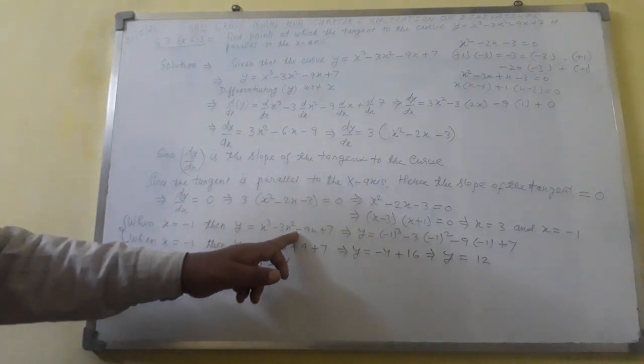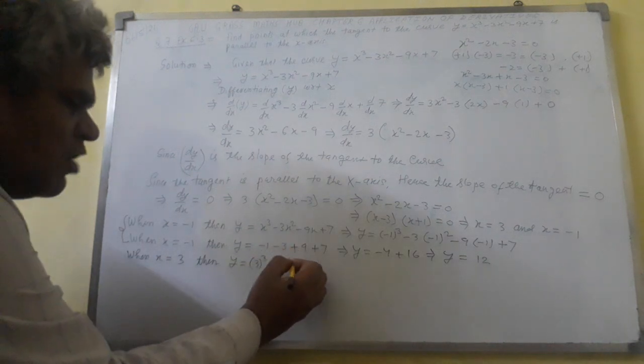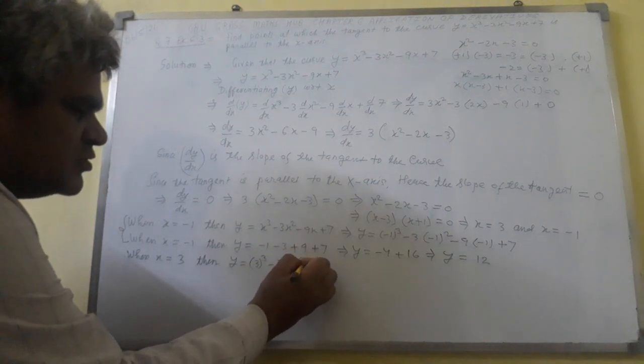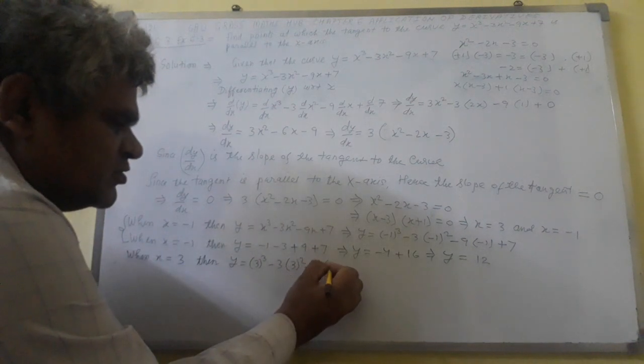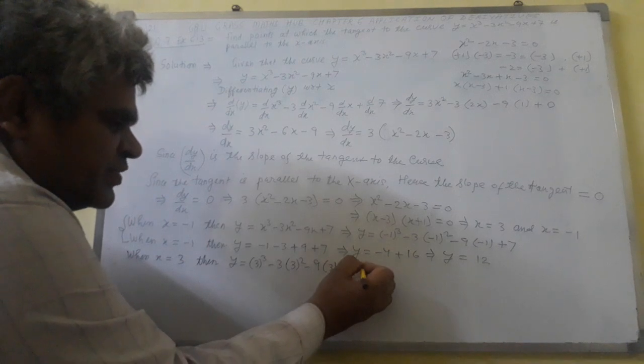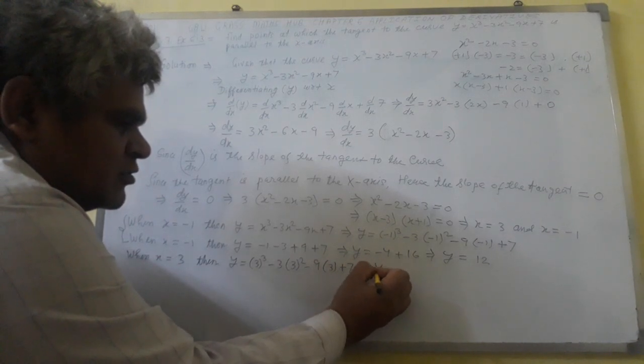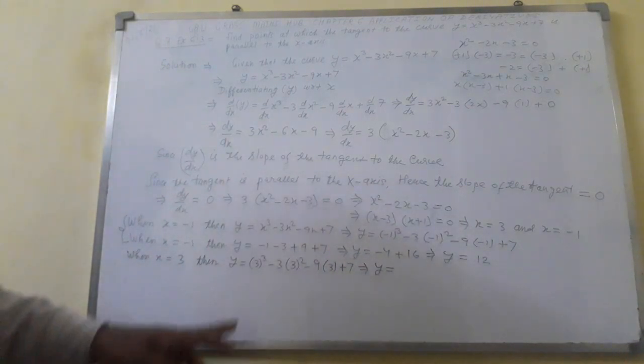Here in place of x I shall write 3. The 3 whole square minus 9. Here in place of x I shall write 3 plus 7. Implied that y equal to